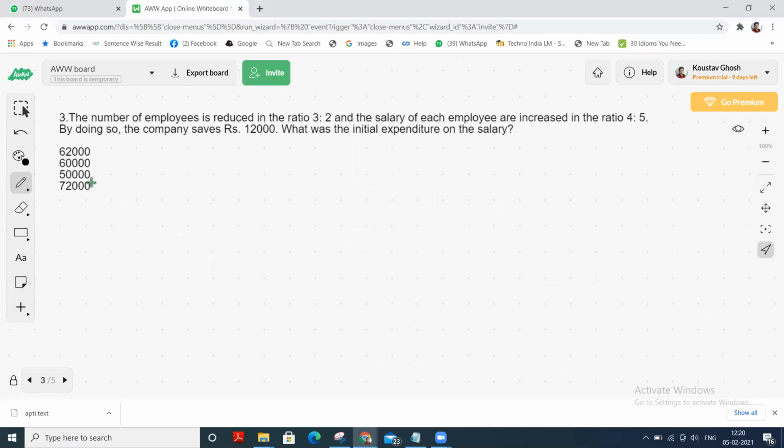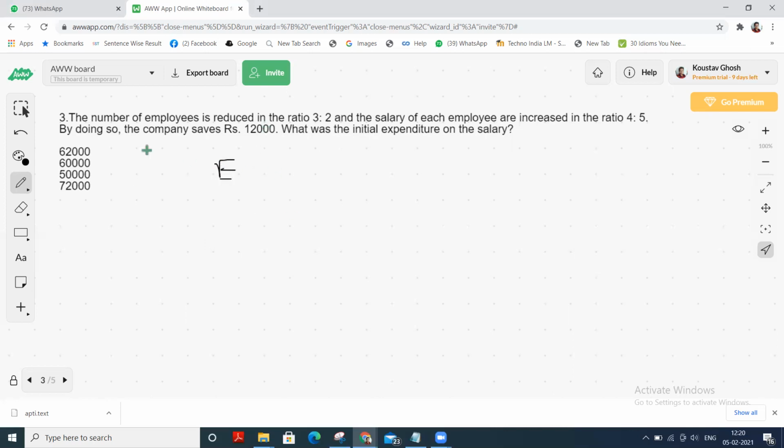What is the question? The number of employees is reduced in the ratio 3:2, and the salary of each employee is increased in the ratio 4:5. By doing so, the company saves rupees 12,000. What was the initial expenditure on the salary? Okay,